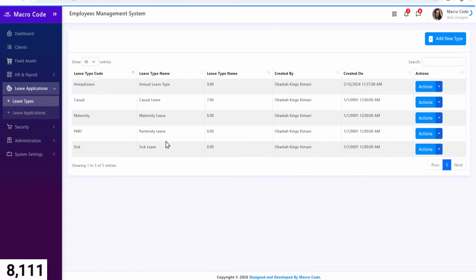So we have the leave type code, leave type name, the leave days. So this one we should rename it to leave days. Then created on and created by. So if